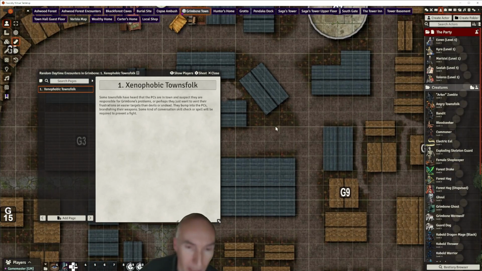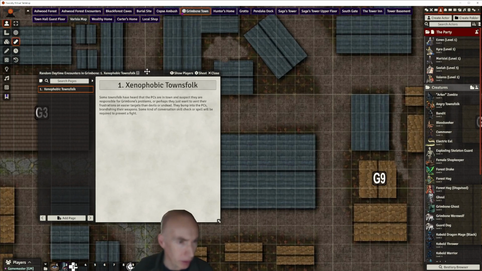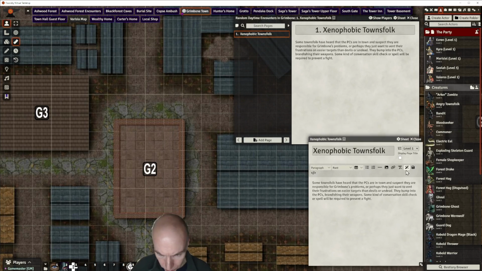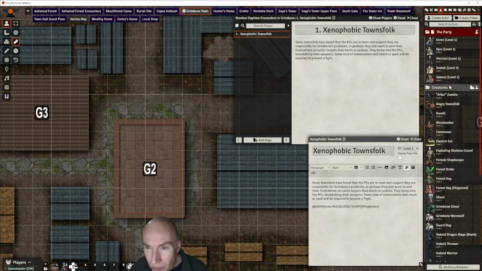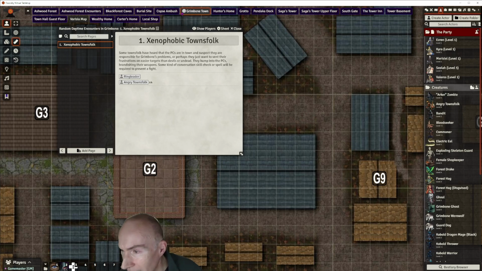We could use this map for this encounter, indeed all the random encounters, although it's a bit of a magnification required, it's workable. Okay, we got that as our first encounter, and in our second one